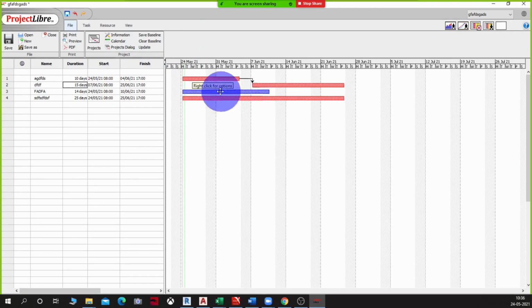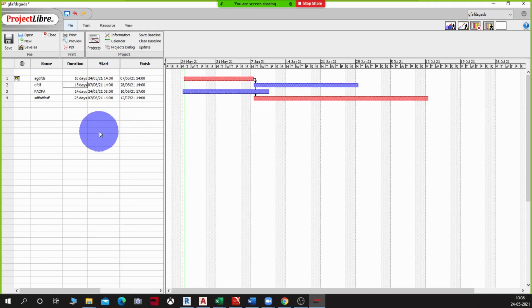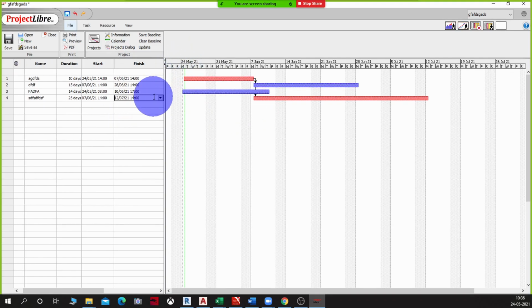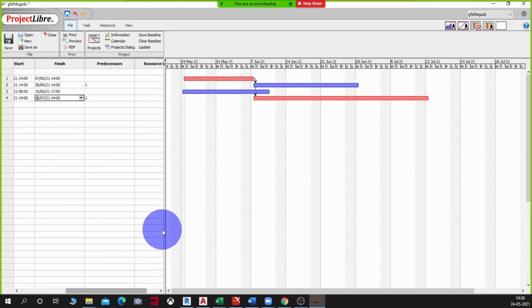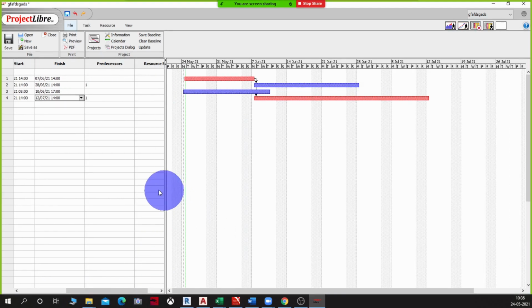Okay, once you are doing this, right? Once you're connecting the two activities, it is always good to come back here. Just scroll down slightly here and see whether it's connected to the correct predecessor.